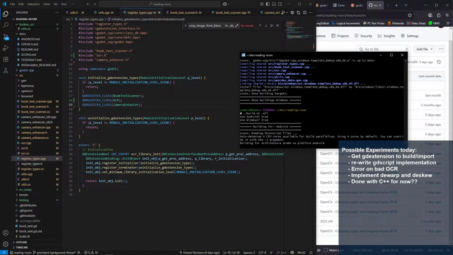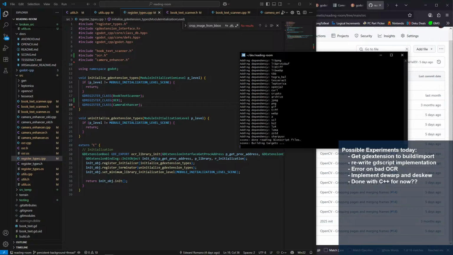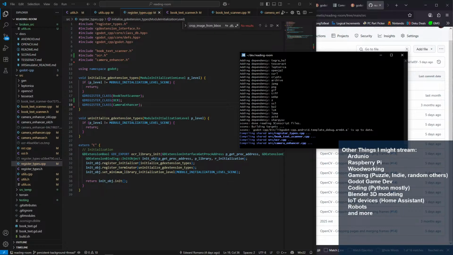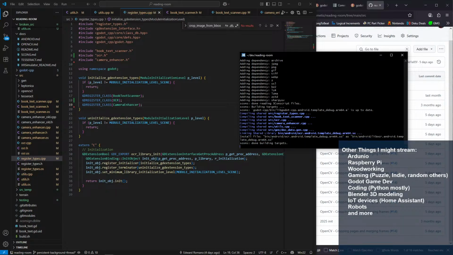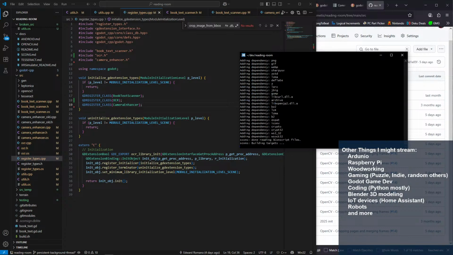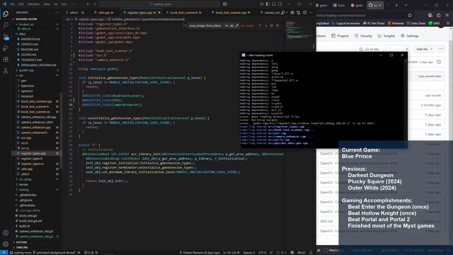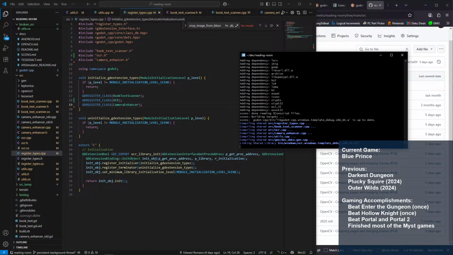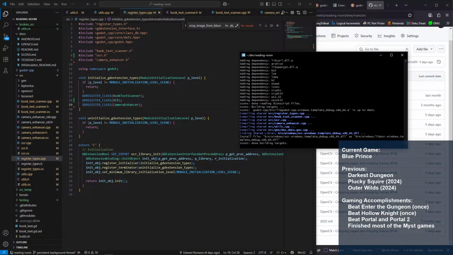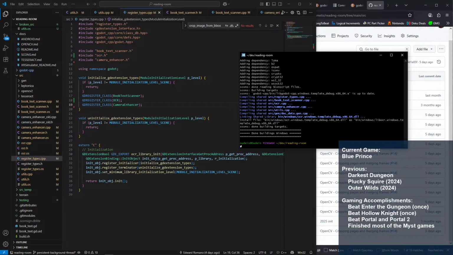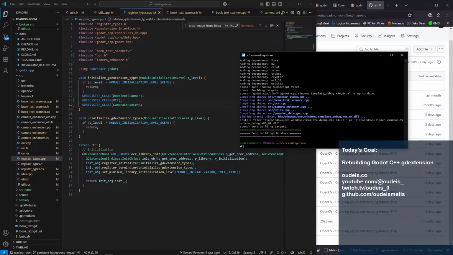See, now I don't know if, yeah, so we'll see. If it doesn't like this, then there might be an issue with book text scanner. We know there's not an issue with OCR. We know there's not an issue with utils. Most of the utilities in utils.cpp were actually for camera enhancer. But if this works, I am actually going to push this code as is and then continue to bring over the broken pieces.